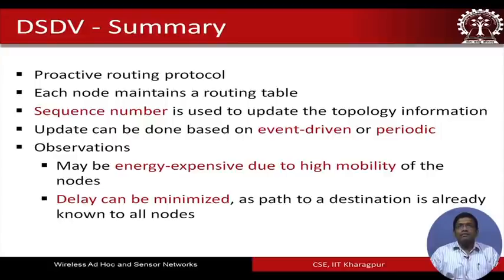There is a sequence number that is stored in the routing tables, which is used to update the topology information, and the update can be done in an event driven manner or in a periodic manner, and we have a few observations. If we have a scenario where the nodes are highly mobile, it might be more energy expensive to adopt DSDV,